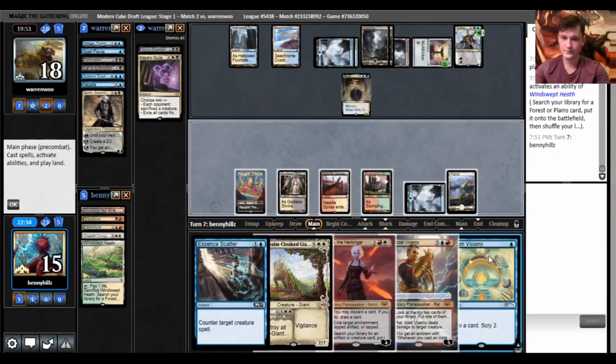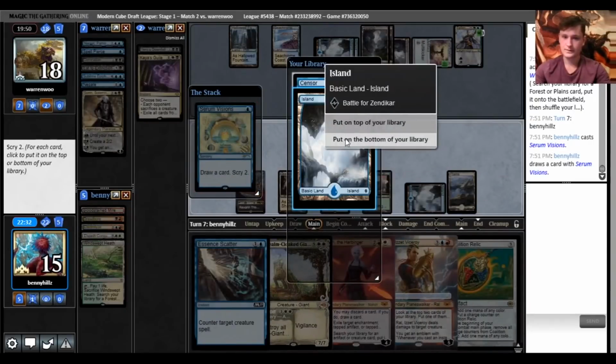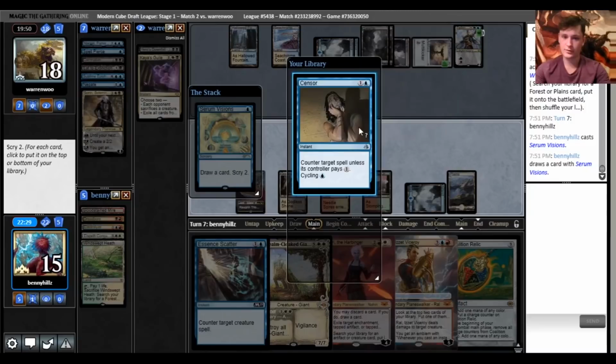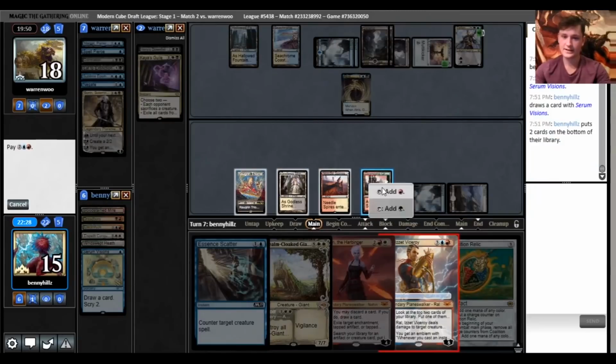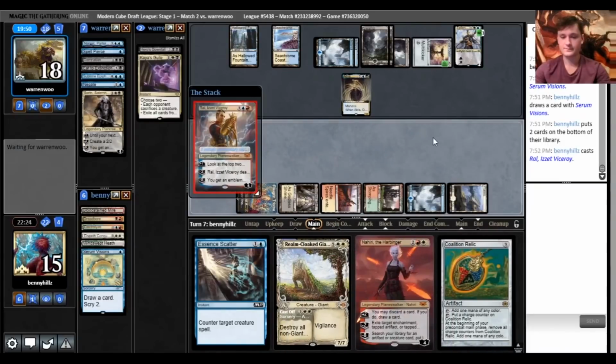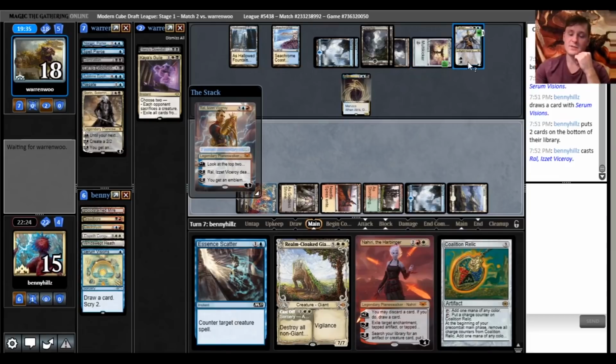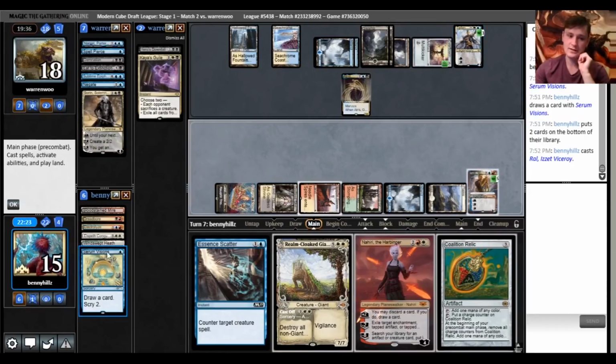Okay, I'll cast Serum Visions, I guess. Well, these are both bad, so we'll bottom both of those. And then I'm just going to cast this. They can kill it, but we need to draw some cards. This can deal with Dream Trawler very effectively, which is annoying. Would we rather kill the Atris or plus the Ral? I think I want to kill this guy, especially since they could just Teferi bounce this again. I guess they wait. If we minus this though,